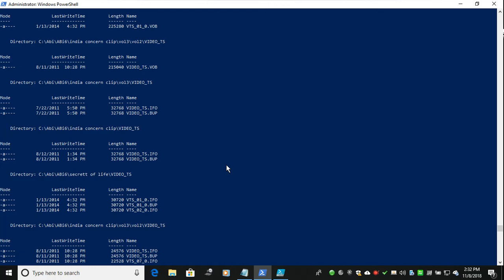Not only directories: suppose I have 100 users, we can get the details of the 100 users, when the user accounts were created in Windows, what level of access they have, and when IIS was installed. All of this information we can get through PowerShell.